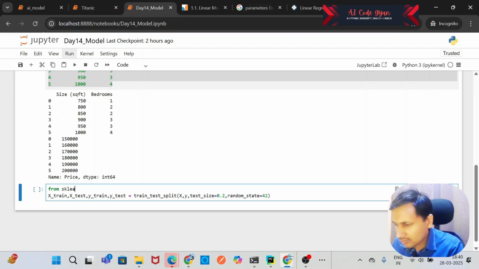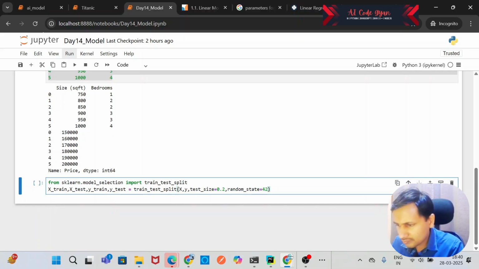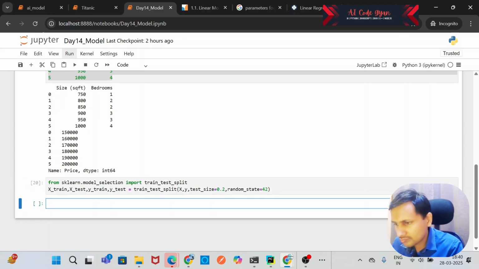But before that, we need to download this dot model selection, import train test split. Now after this, before we make our model fit, we'll pre-process this data again, which is an optional step